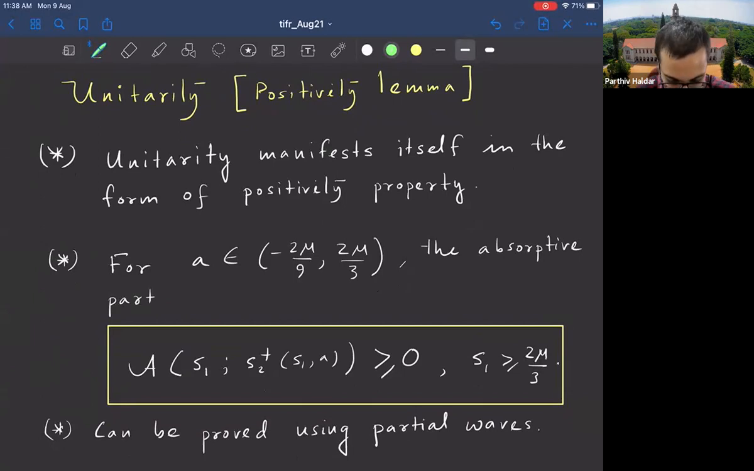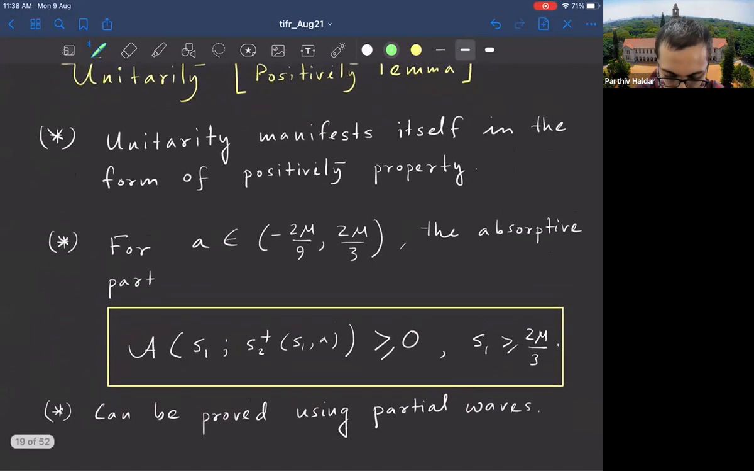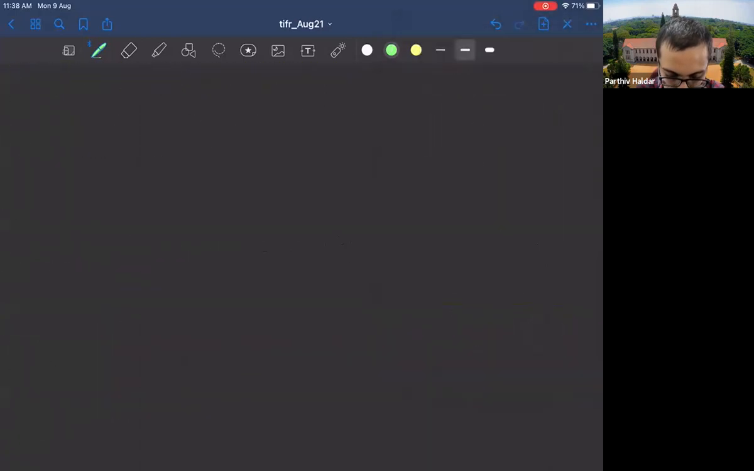The absorptive part is actually non-negative, and this is for S1 over the cut. This is actually easy to prove. You can write down the absorptive part alpha as